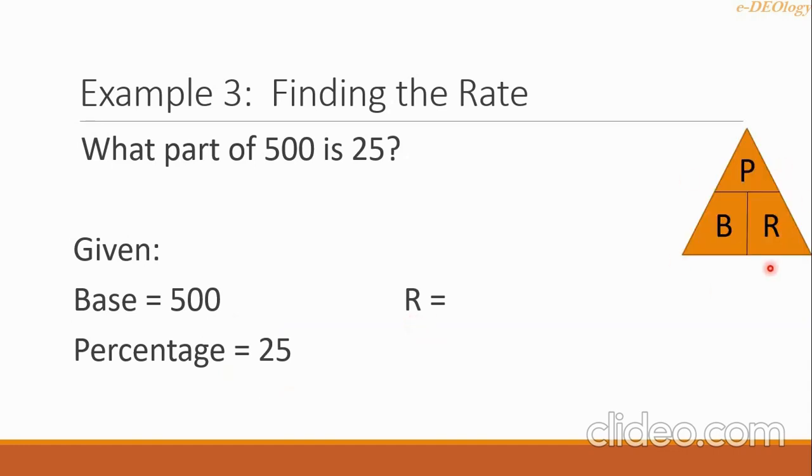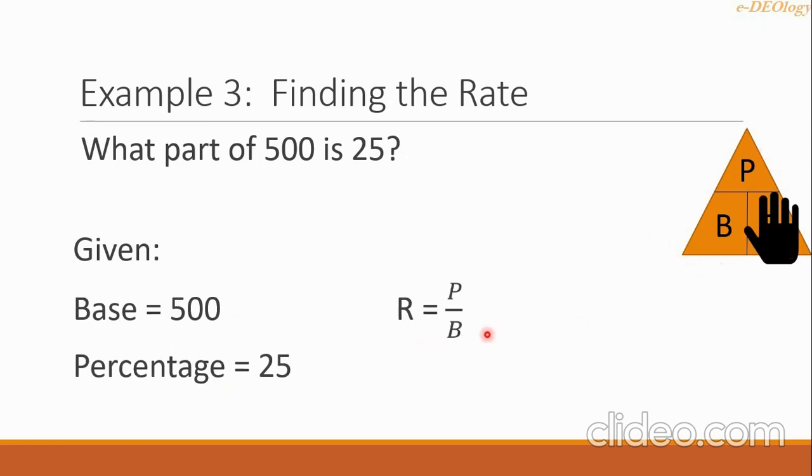Going to our triangle formula, the R is here. So if I'm going to cover the R, I will get my formula immediately, and that is the P over B. So in here, we'll just substitute the values of P and B respectively. So that is 25